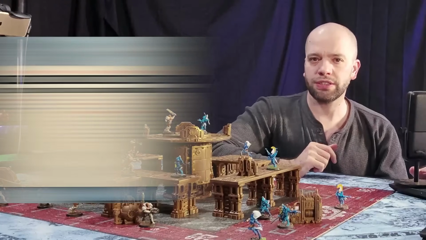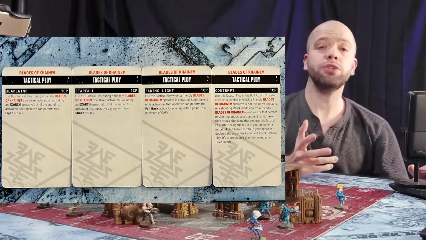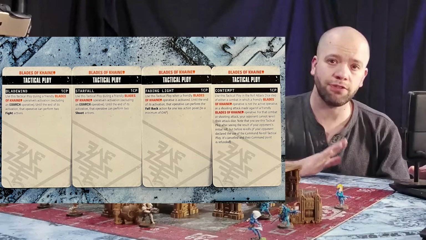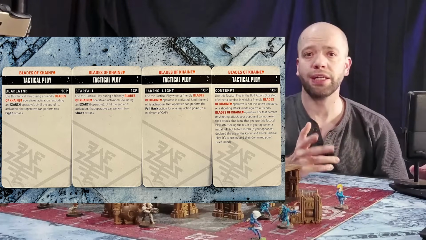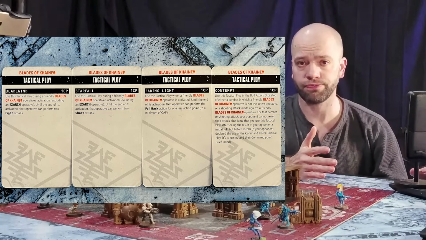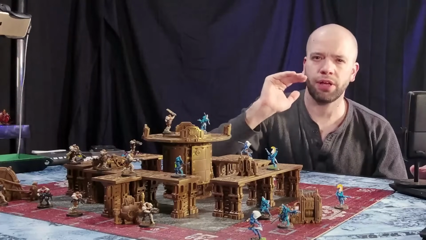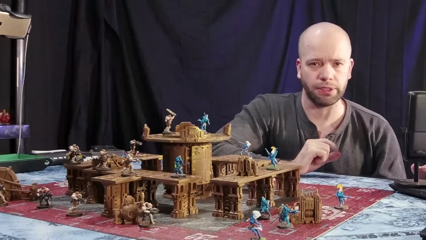Tac Ploys now are nice and simple. Blade Wind is just fight twice. Starfall is shoot twice. Fading Light is fall back for 1 less AP. And Contempt is just turn off rerolls. Jumping to equipment, which we normally do last, like the book does, but we're going to do it now because,